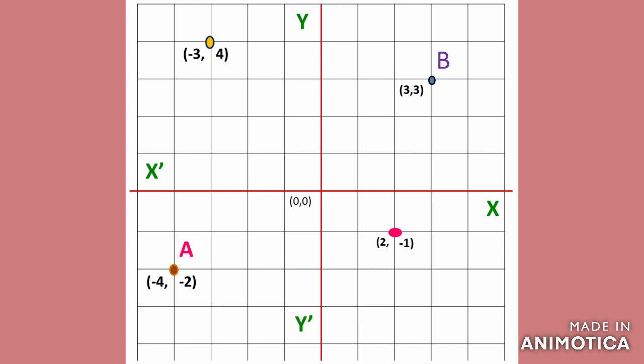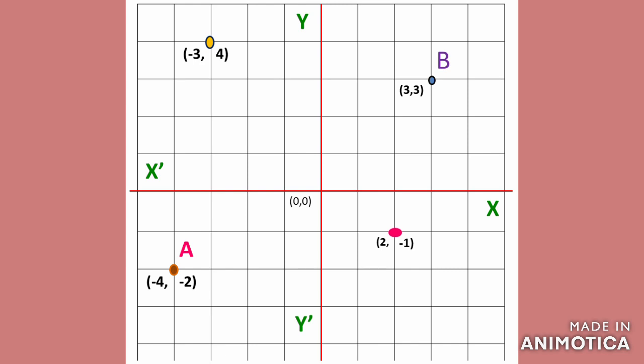And now the coordinate is given, we will find out where the point position will be. Now see, our coordinate is given, that is (-3, 4). When we say this (-3, 4), that means x is -3 and y is 4. That means it will be in the second quadrant, because in the second quadrant x will be negative and y will be positive. So according to the unit, we can point it out. So here it is, see, x is 1, 2, 3 units and y is 1, 2, 3, 4 units.